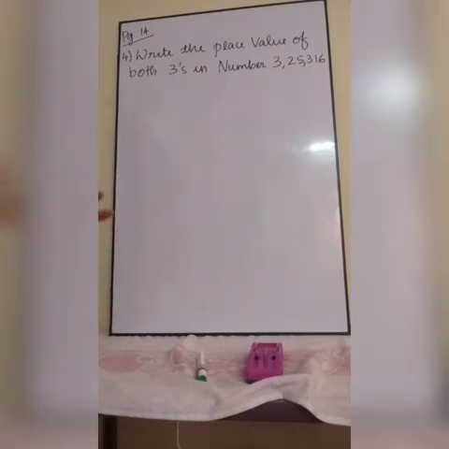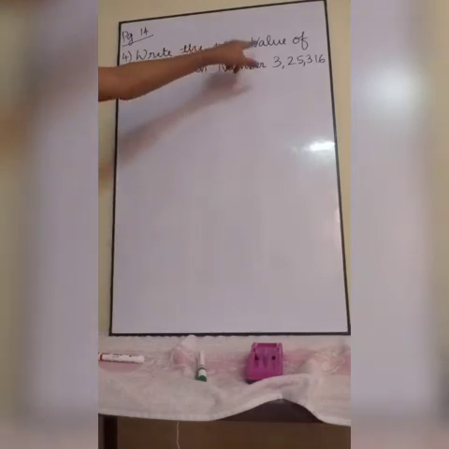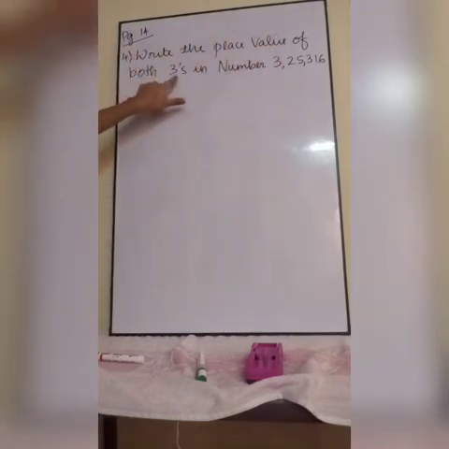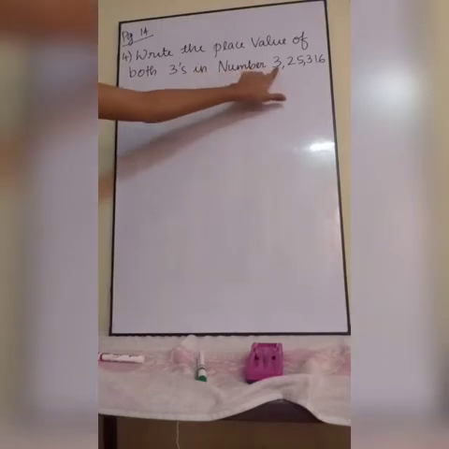In the last session, till the third problem, we have discussed how to write the place values, everything. So here we are going to continue our fourth problem in exercise 1C. Okay, so here what is the question? You read the question. Take page number 14 and you have to read the question and understand the question. Write the place value of both 3's in the number